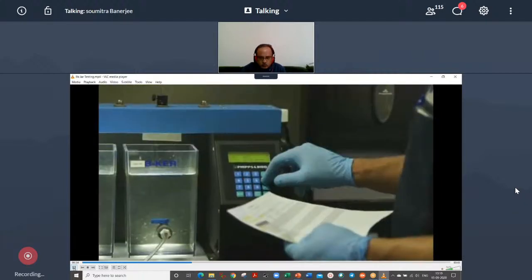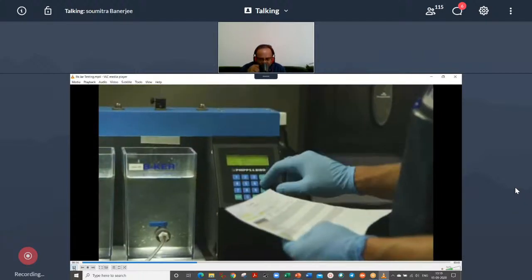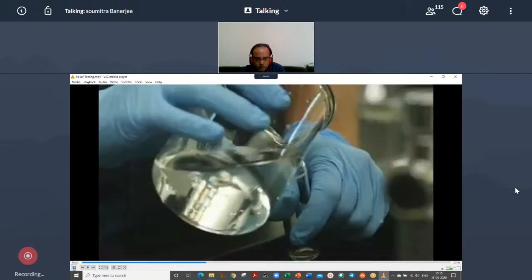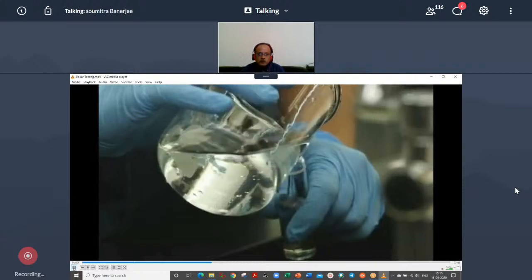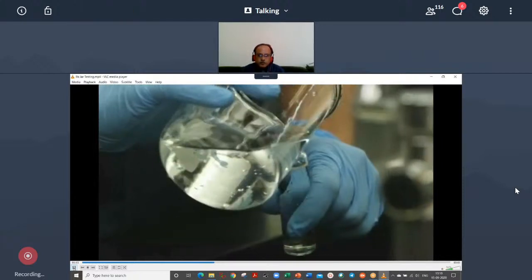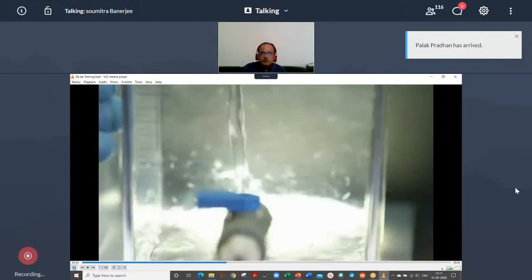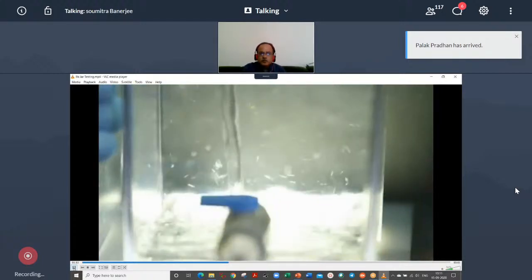Jar testing is something operators should perform routinely in case there are unexpected water quality changes. Some plants do daily jar testing, so the operators are prepared. The most common use of jar testing is to determine the appropriate use and dose of chemicals in water treatment. The objective of water